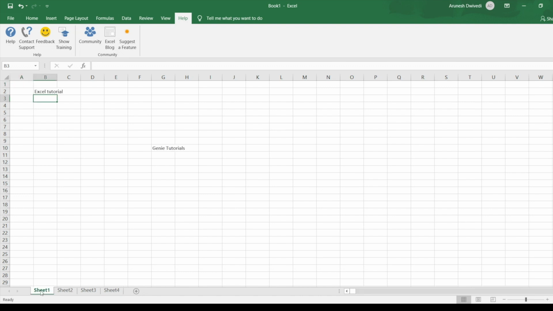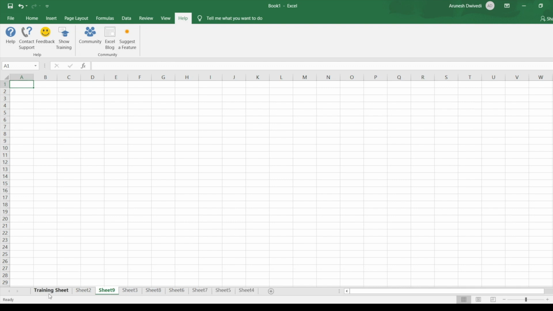And if you don't want to call it Sheet 1, you want to rename it, let's say I want to call it Training Sheet, then you just need to double click on it and type the name Training Sheet. Another easy way to add a worksheet is to press Shift F11, and in some cases you might also need to press the function key with Shift F11. This is a shortcut for inserting a new sheet. As you can see, currently there are 5 sheets. The moment I press Shift F11, another sheet is inserted into the workbook.